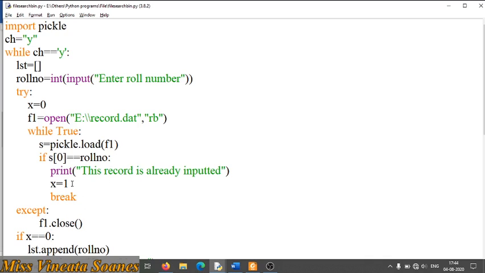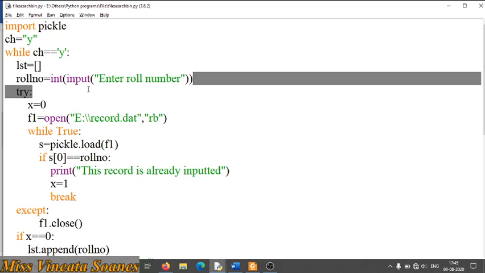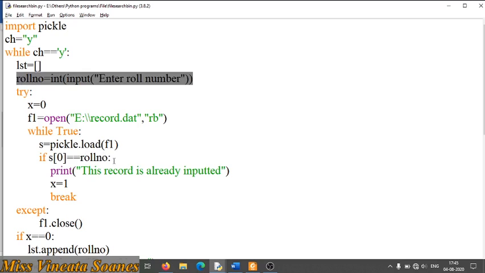Now when will x become 1? It will become 1 only when S0 is equal to roll number, which means there is that roll number here, which you got from the file, and it is the same as the one you have entered again. Got it? Right? So if it is equal, I am changing x to 1